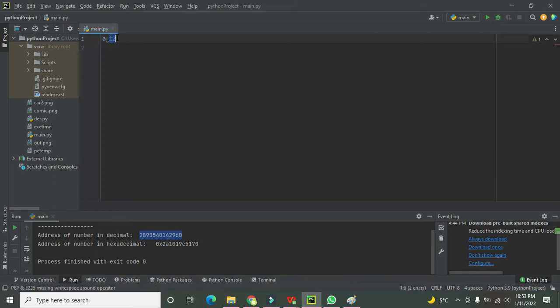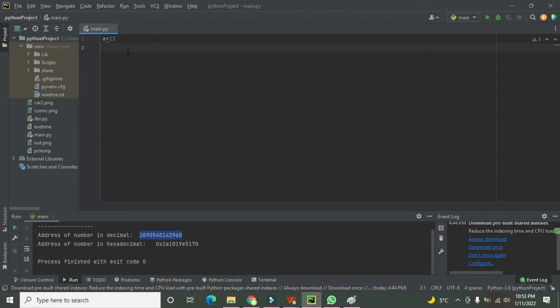As we know, this 12 is integer type data and it is now inside this variable a. So Python will understand that this a is an integer type variable, or this variable a has integer data type. So obviously, if there is a variable, then it must have a specific memory address, okay?